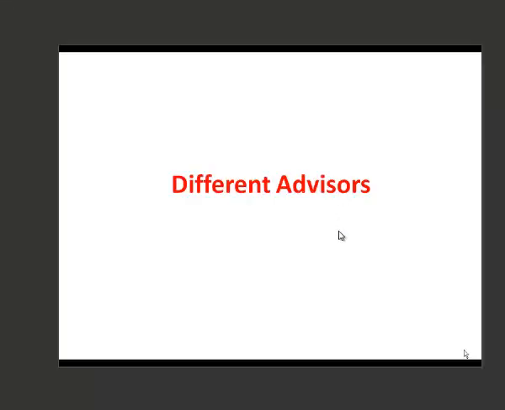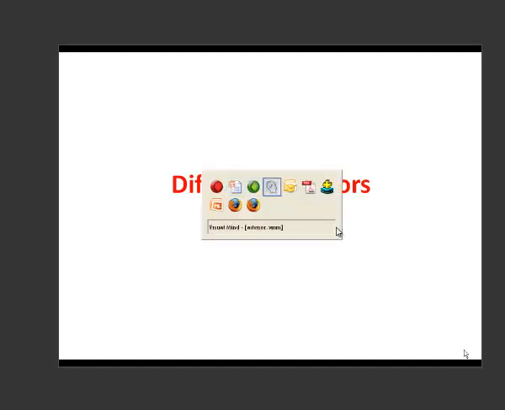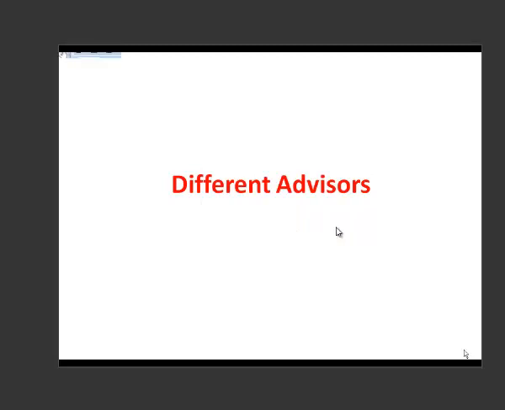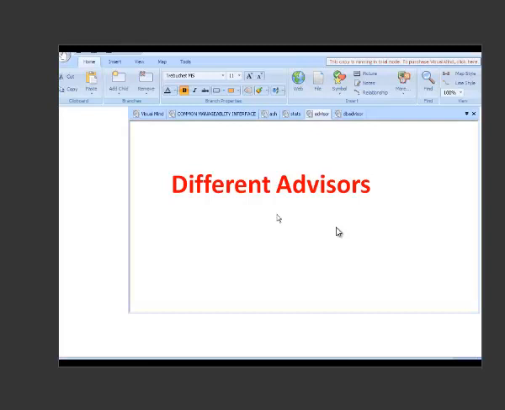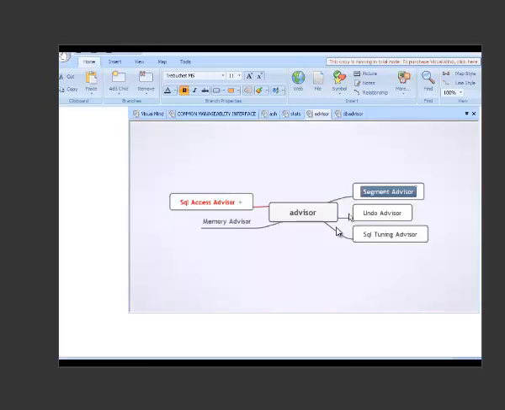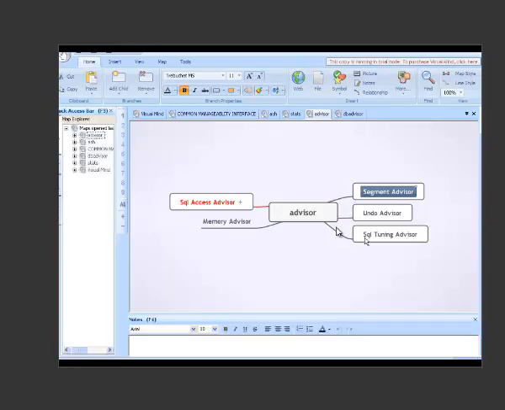10G has provided various advisors through which you can make decisions immediately. Let's understand the different Oracle advisors. Some of the different advisors in Oracle are segment advisor, undo advisor, SQL tuning advisor, memory advisor, and SQL access advisor. The advisor takes the information which is stored in the automatic workload repository and makes the decision, and the decisions it makes are